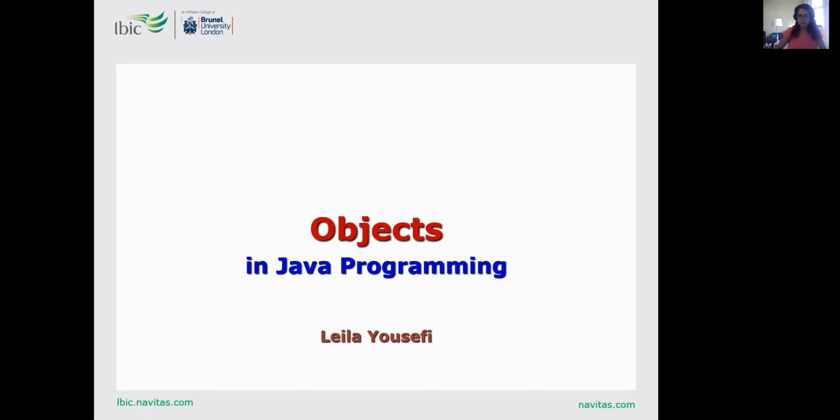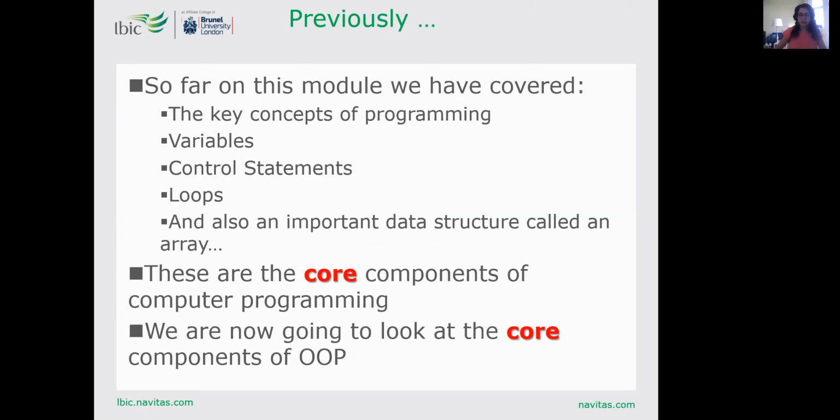So let's get started. If you have written a simple Java program, then you will sometimes get confused when you see more than one or two classes. So that's why in this lesson,